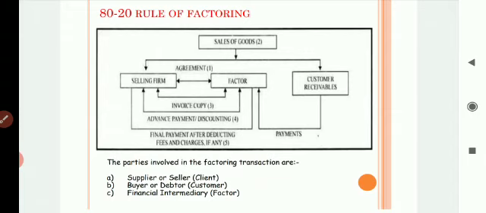Now the selling firm is in the need of immediate cash. What they will do? They will find out a factor, that means an institution, and they will go under an agreement. Agreement, that means agreement says that you will be paying me the bills and in lieu will be receiving all the funds from customer. That means I want my account receivables cashed as soon as possible. So how they go for an agreement? The selling firm